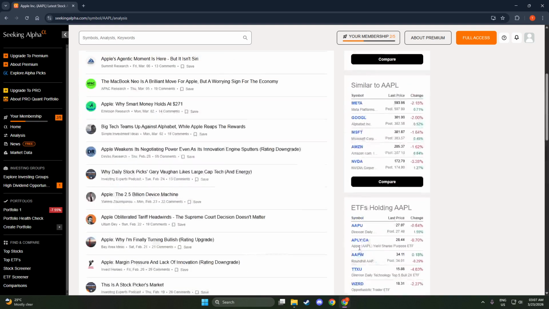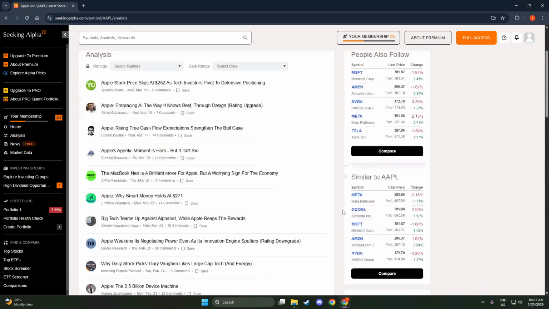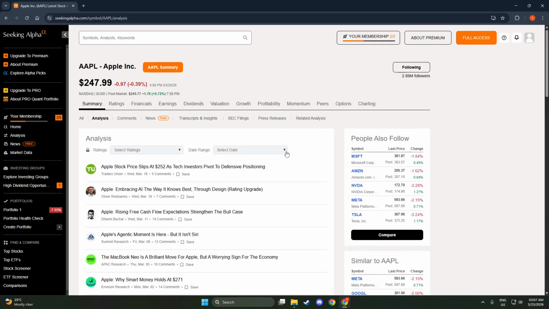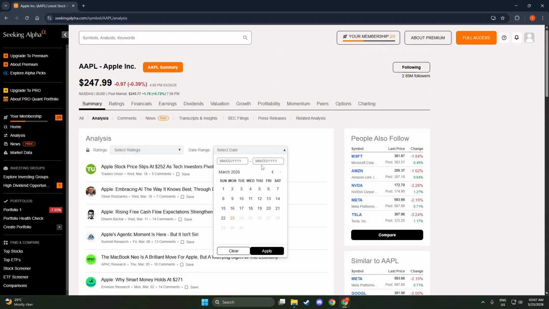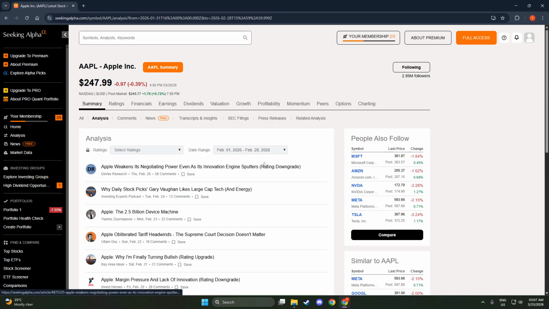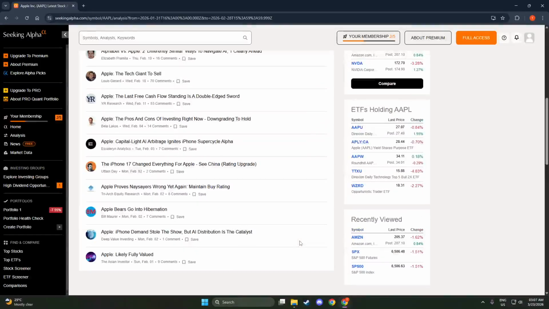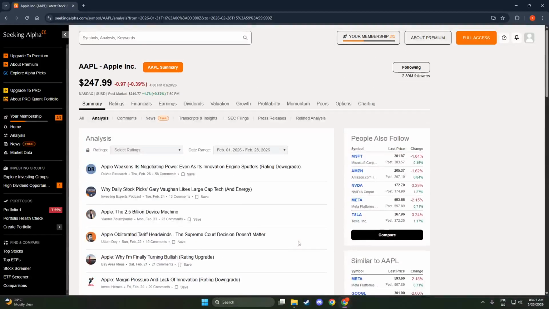Right away, you'll notice recent articles organized by publish date. Use the headlines and preview text to gauge each author's thesis and check the labels that signal whether a piece is bullish, bearish, or neutral. Dates matter. Fresh analysis reflects the latest earnings, guidance, or macro shifts, so prioritize recent posts when momentum or news